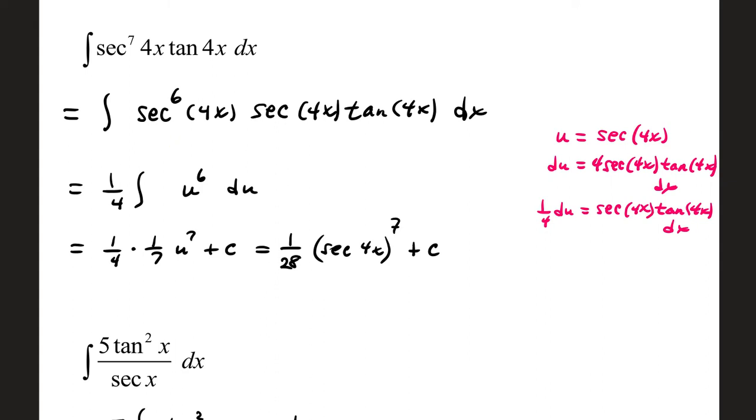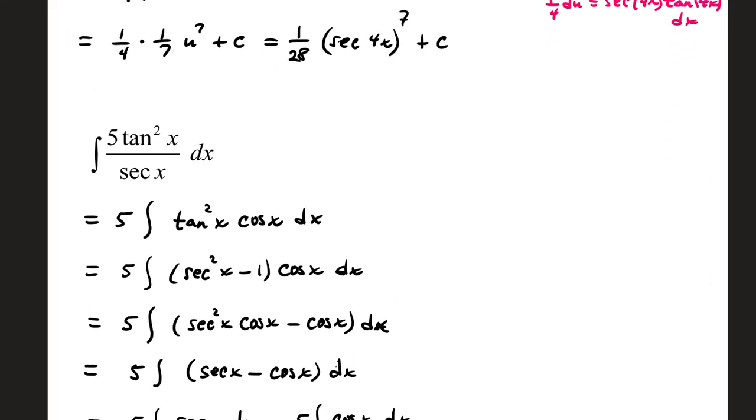over here in pink. Its derivative is secant 4x tangent 4x dx times 4, because that's a derivative of your angle. And that accounts for the rest of your integral. So we can make our substitution u to the 6th, dividing both sides by 4, 1/4 du accounts for the rest of that integral. The antiderivative is u to the 7th over 7 times 1/4 is 1 over 28 u to the 7th, replacing u with secant of 4x plus c, and that's our antiderivative or indefinite